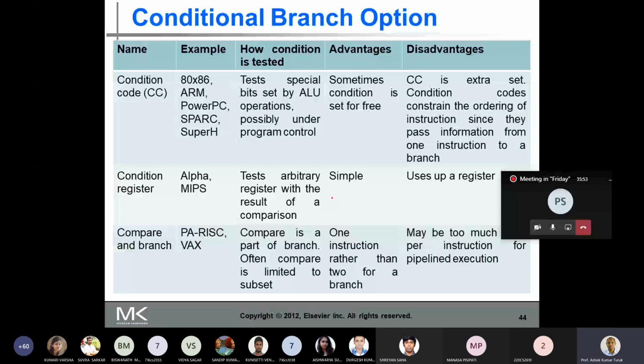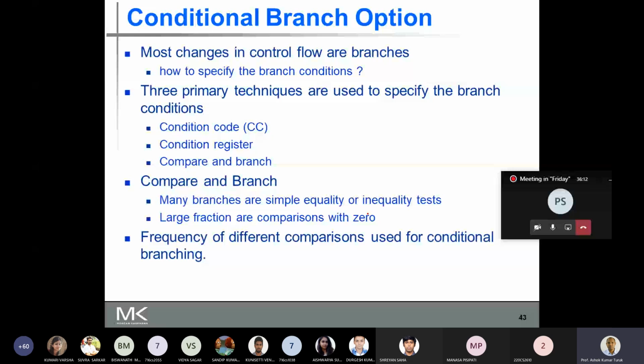In many branches, the comparison is a simple equality test or inequality test, and a large number of the comparisons are made against 0.